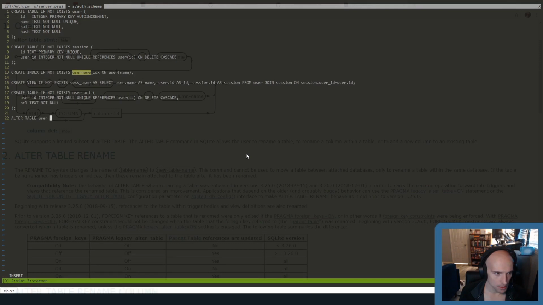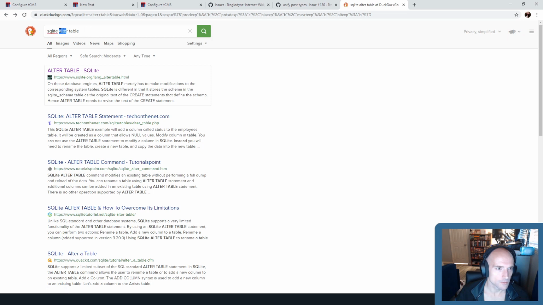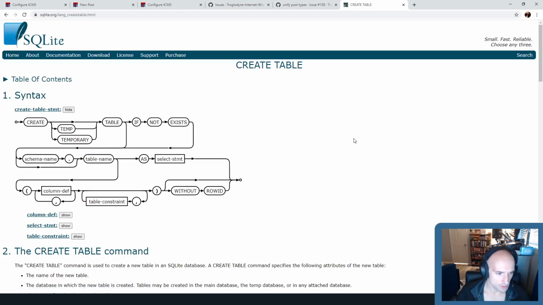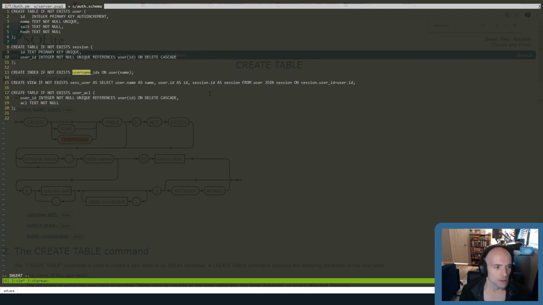So let's go ahead and do that real quick. I believe we have, do we have temporary tables in SQLite? Let's go to let's go to create table. Do we have temporary? Yes, we do. Okay, so user migration,